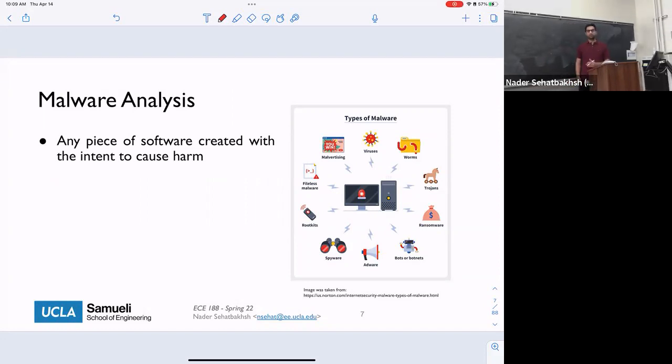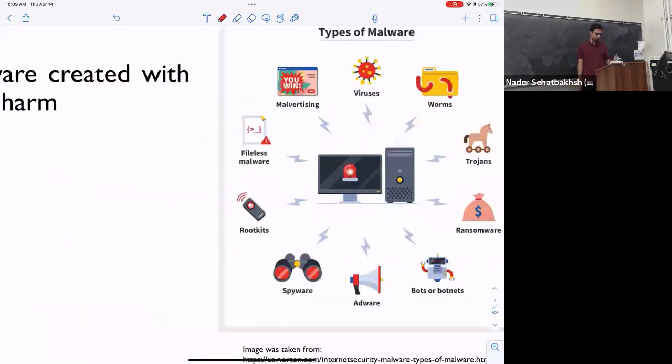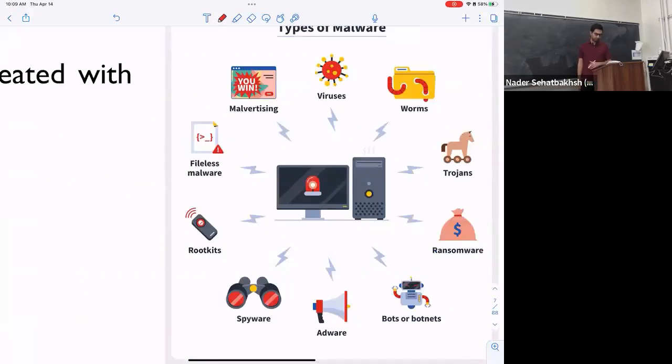So generally, the definition is any sort of piece of software that is created to do some harm to the system, right? And we talked about 10 different types of malware: viruses, worms, trojans, etc. I'm not going to go through them again, but generally the idea was, depending on the goals that they're trying to achieve, the way that they influence the system, and the way that they spread themselves in the systems, that's usually the difference between each of these groups of malware.